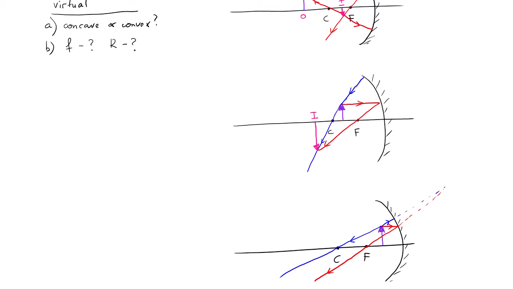So now we get the image that is erect and magnified. Okay, so this is the object, this is the image. So it seems like this is the correct